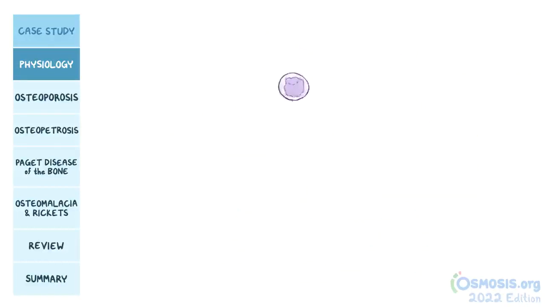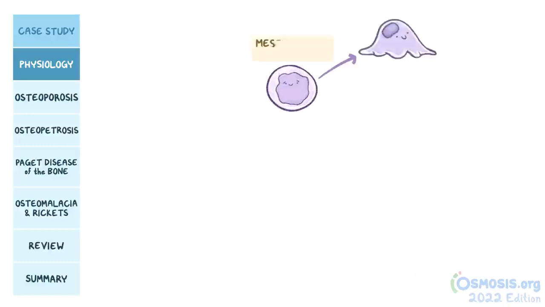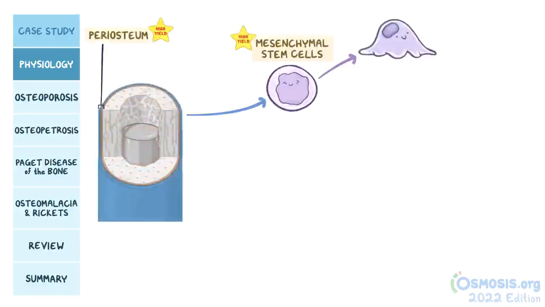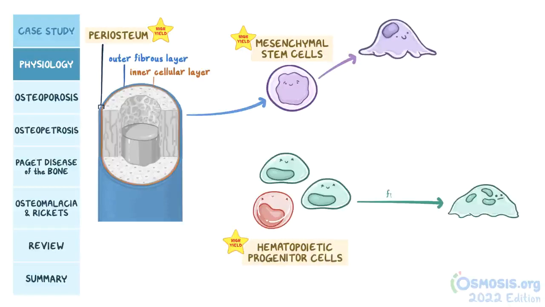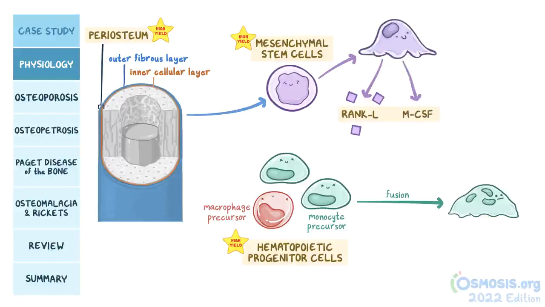Another high-yield concept is that the osteoblasts are derived from mesenchymal stem cells in the periosteum, a membrane covering the surfaces of bones and consisting of an outer fibrous layer and an inner cellular layer. By contrast, osteoclasts originate from hematopoietic progenitor cells, more specifically from a fusion of monocyte and macrophage precursors. These differentiate once osteoblasts secrete RANKL and macrophage colony stimulating factor, or MCSF, which interact with their respective receptors on